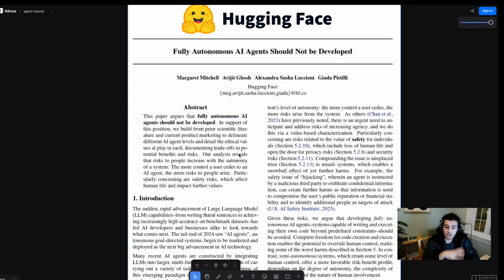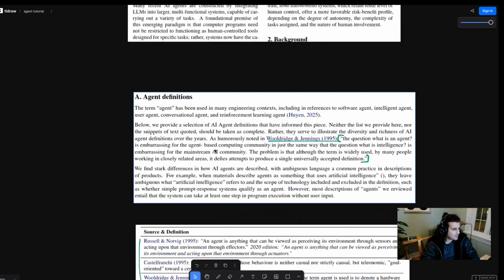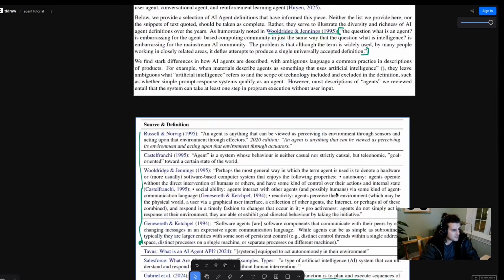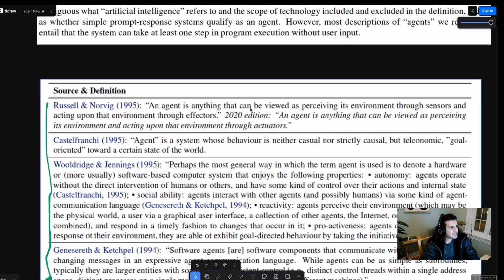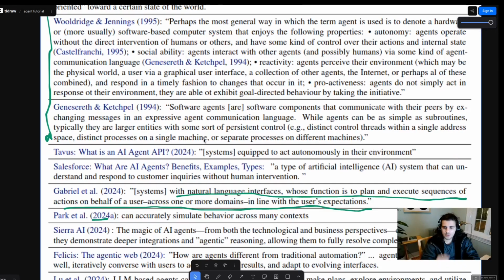They gathered a lot of the definitions of what an AI agent is, which I found really useful in understanding the context in which the agent name and definitions are evolving. So we can take a look at a few of them. Here's one of the oldest: an agent is anything that can be viewed as perceiving its environment through sensors and acting upon that environment through effectors. If we go down and look at a more recent one, let's say 2024, we have Salesforce that says